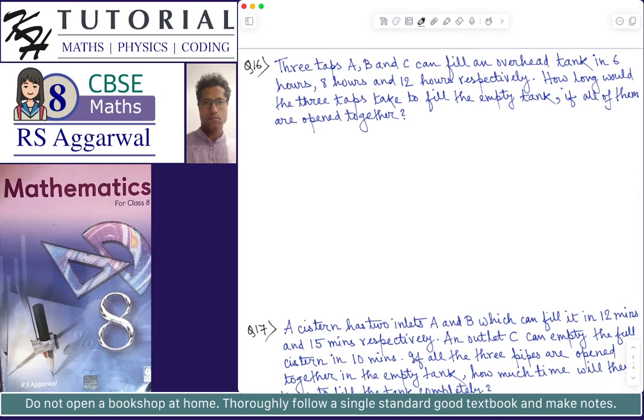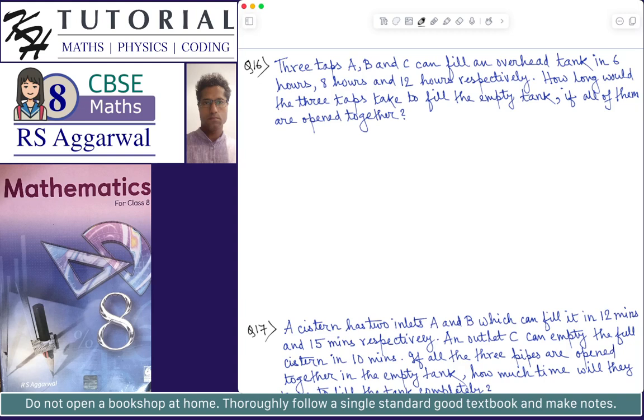Three taps A, B, and C can fill an overhead tank in 6 hours, 8 hours, and 12 hours respectively. So all three taps A, B, C are inlets. That is, they are filling the tank. Now, how long would the three taps take to fill the empty tank if all of them are opened